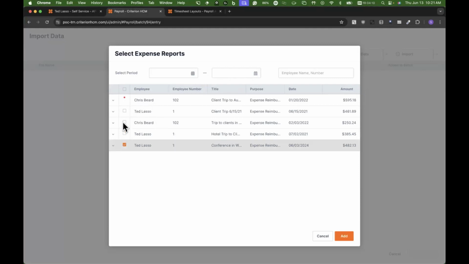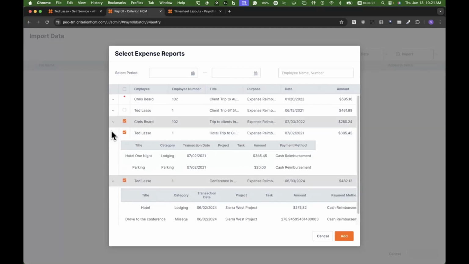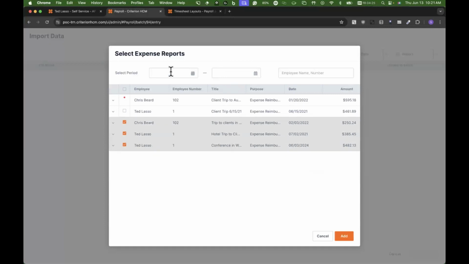and I can select one or more to bring into this payroll batch, even ones that are, as you can see, from like 3 years ago. So if I needed to pay those out, I can do that. If I want to see the detail on them, I can see those on here. All right. So that way I can make sure, of course, I can put in a date range. I can look for an employee. If I want to just find one employee, I can do that right there to bring that information in. All right. I'm just going to bring in this one that I